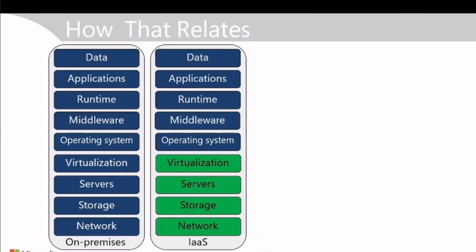In an infrastructure as a service solution, something that Azure can provide, for example, the network, storage, servers, and virtualization is handled in this case by Microsoft, but you choose when you set up a VM the operating system you want to run, so Windows Server, Linux or something, and then you'll set up the middleware and runtime on top of the operating system you've selected, and then you're responsible for installing your apps and managing the data.